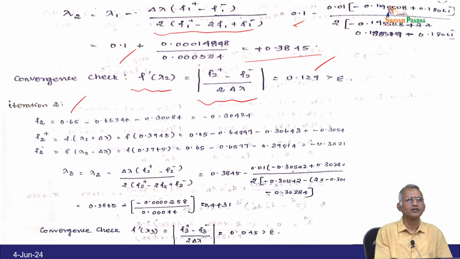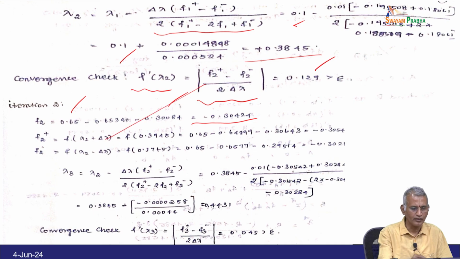F2 equal to 0.65 minus 0.65340 minus 0.30084. After substituting, we have minus 0.30424. Now F2 plus here calculated. So f of lambda 2 plus delta lambda equal to f of 0.3945,